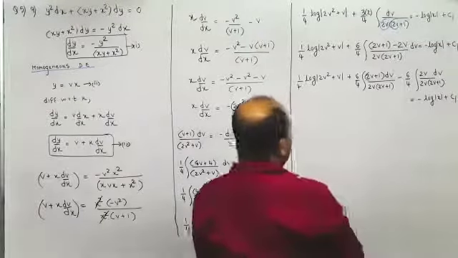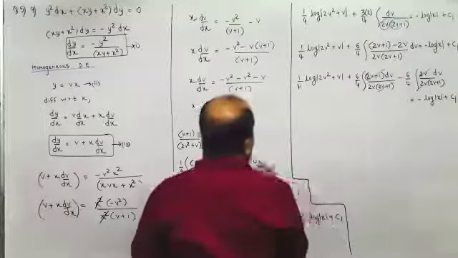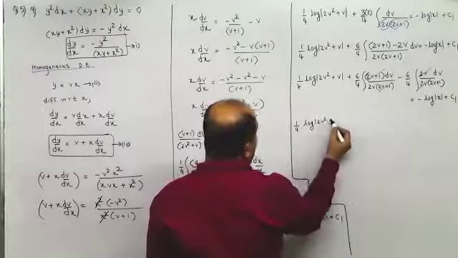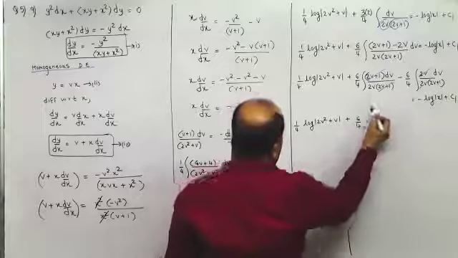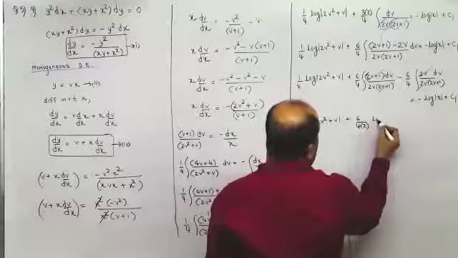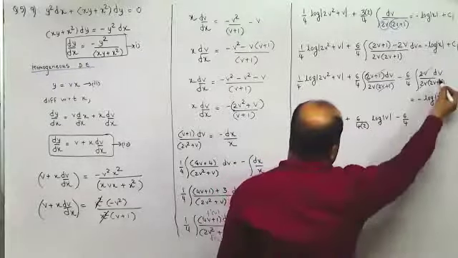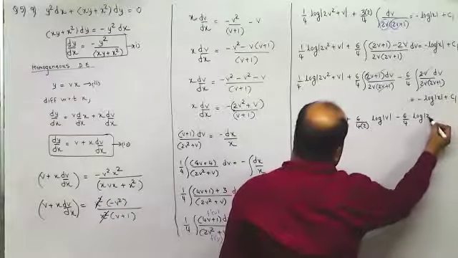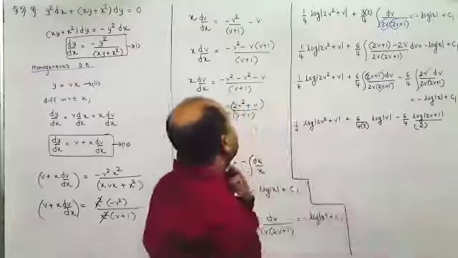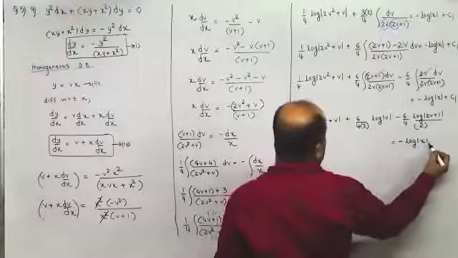Now one of these terms gets cancelled in each one of them, and I get 1 upon 4 into log 2v square plus v. Here I'll get 6 by 4, 1 upon 2v. So if I take 2 out, it is log of v. Then here minus 6 upon 4, this is log 2v plus 1. I treat it as v divided by 2. This is equal to minus log x plus some constant.